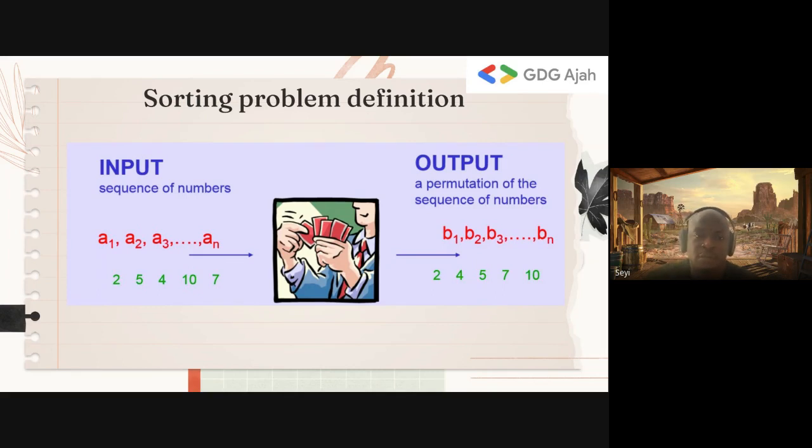But it's key to note that a sort of a particular collection is a permutation of that collection. And for those who are not familiar, permutation essentially means how you arrange items without regard to order. So if you have 1, 2, 3, and you arrange it as 3, 2, 1, or 2, 1, 3, they are permutations of the same structure. So the sorted solution is a permutation of the initial structure. It's just that in this case, the permutation satisfies some constraints, which means that every item must be less than or equal to the next item, if you are sorting in ascending order. If you're sorting in descending order, every item must be greater than or equal to the next item.